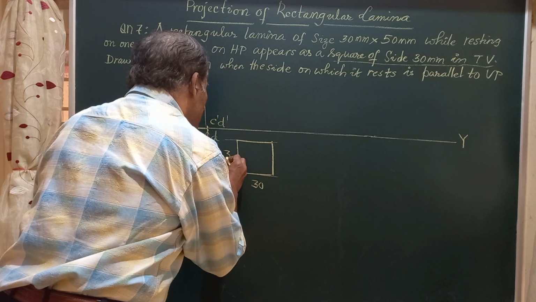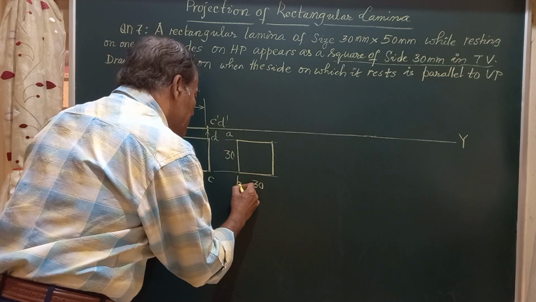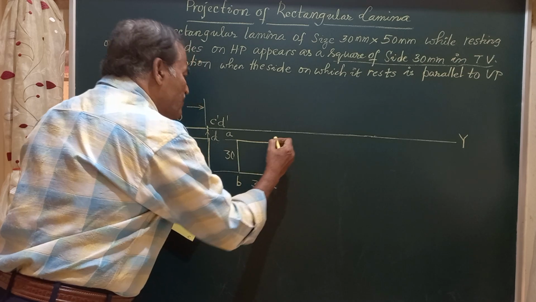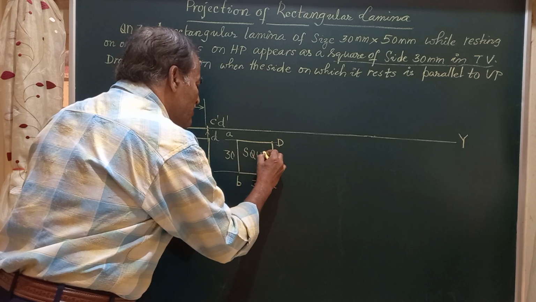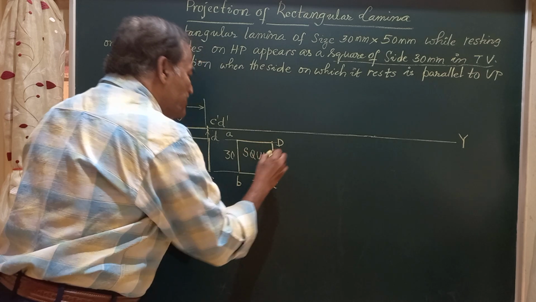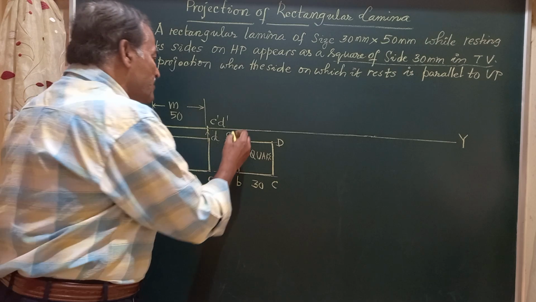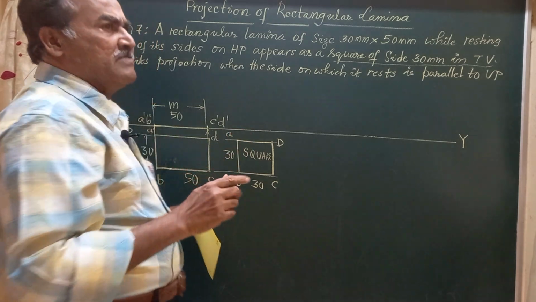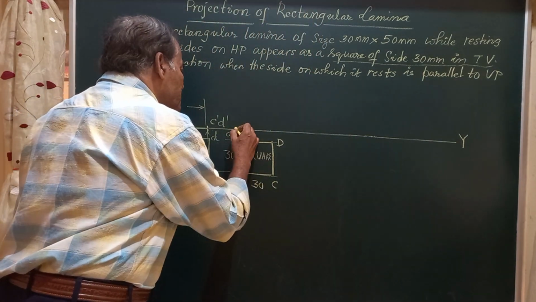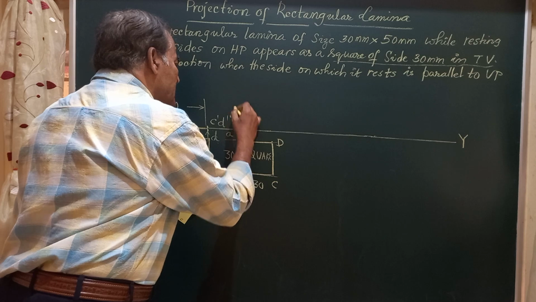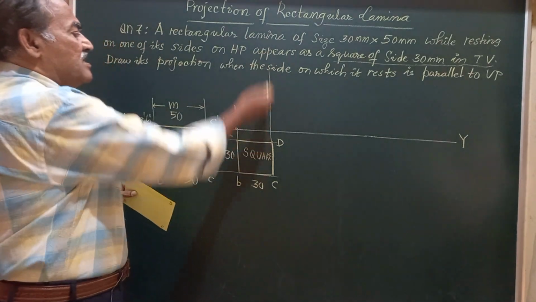So this is specified in the question, and I will mark this as usual A, B, C, D. So friends, this is a square in the top view. So it is a square we have got now. That is when the lamina is tilted on one of its edges, which is on HP. Friends, the position of AB is fixed because the shorter edge AB has to be on HP. So I am going to fix up the position of this. I will call this A dash, B dash, and from this CD I write a vertical line above this